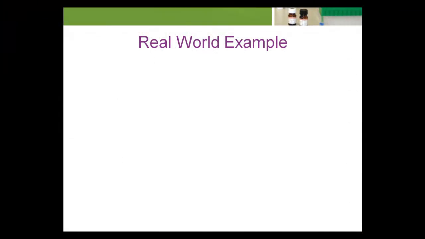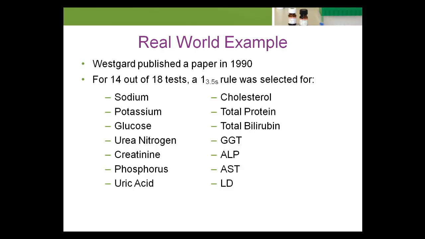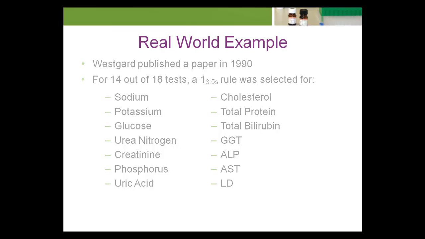To evaluate the impact of QC design in a clinical laboratory, Dr. Westgard performed the computations outlined in this presentation for a laboratory that was using a 1:2S QC rule for all of its general chemistry tests. For the 18 tests considered, it was determined that 14 of them could use a 1:3.5S rule. In general, these tests were working well within their quality specifications. The other 4 tests had more significant issues.